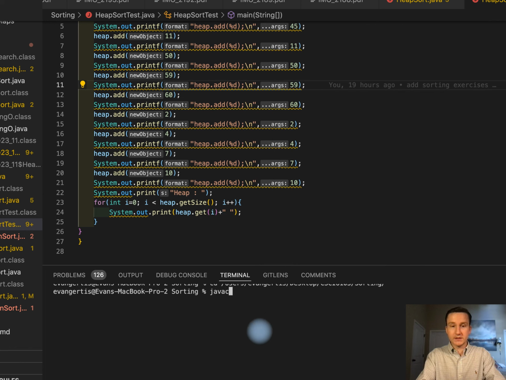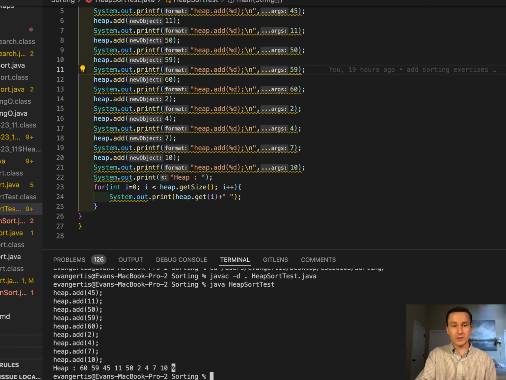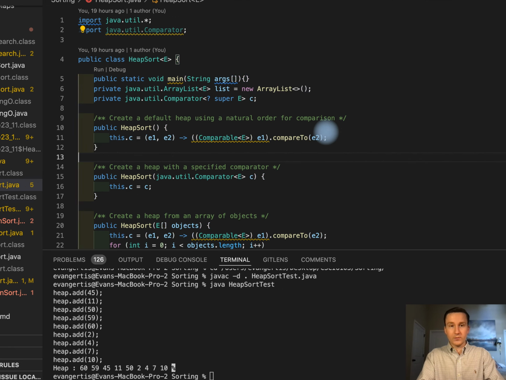So we'll run javac -d . heapsort/Test.java, and then we'll run that code. You can see that we add all the nodes to the heap, and then we get this end result here. Okay. And if we go back here,